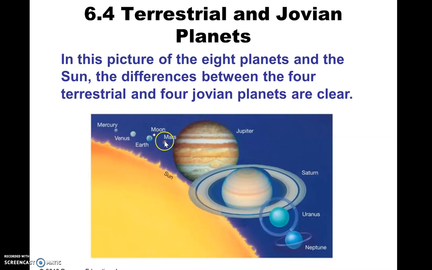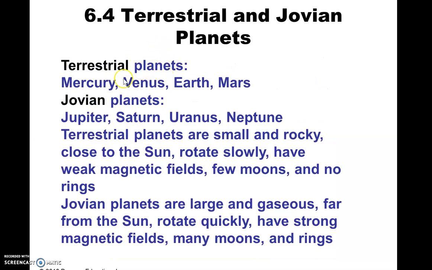Mars actually has 2 satellites. They're tiny little satellites. In fact, one of them we think is just a captured asteroid. Venus does not have any moons or satellites, and neither does Mercury. By the way, Venus is almost the same size. It's just a little bit smaller than the Earth. So as far as mass goes, it's kind of the Earth's twin, although we're going to find out it's quite different from the Earth. So there are the terrestrial planets, also known as the inner planets, and then the Jovian planets.